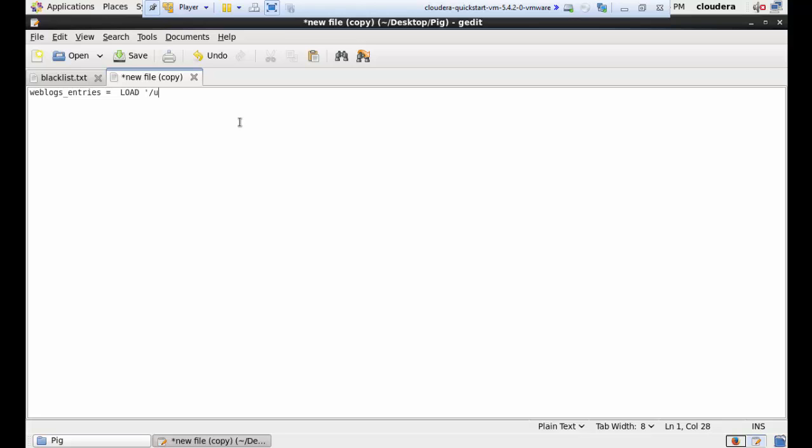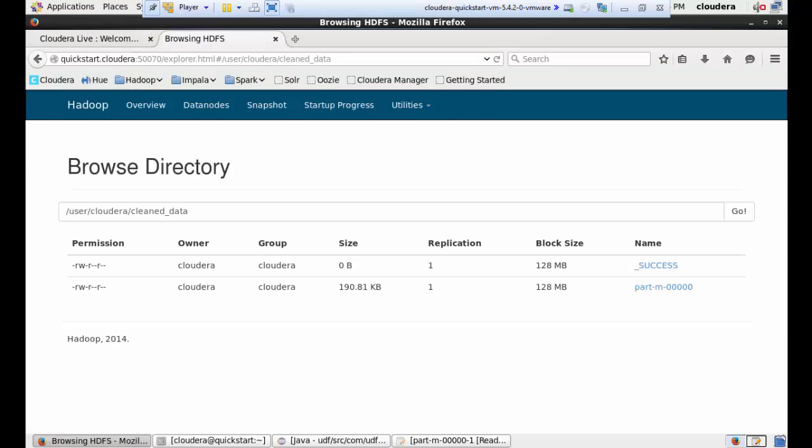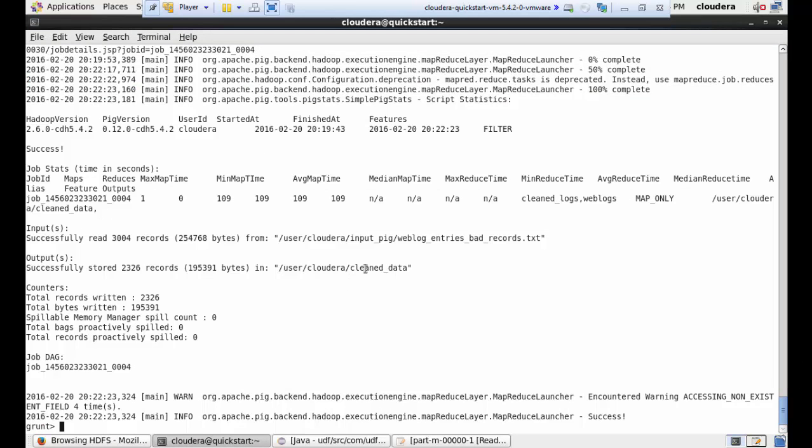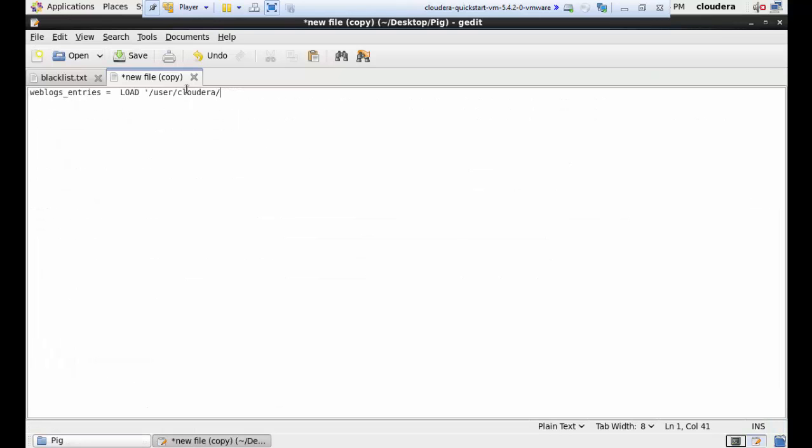From where it should load the data? user Cloudera. Under Cloudera we have kept it under input, pig underscore input. I need to check it again. Yeah, this is the file. Just copy it and paste it here, right? And as,